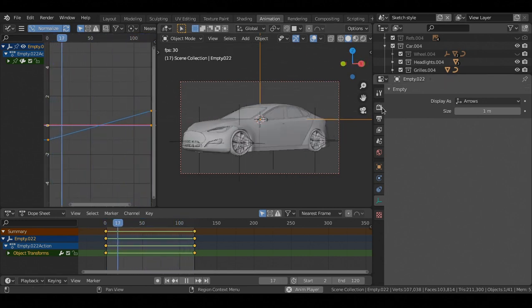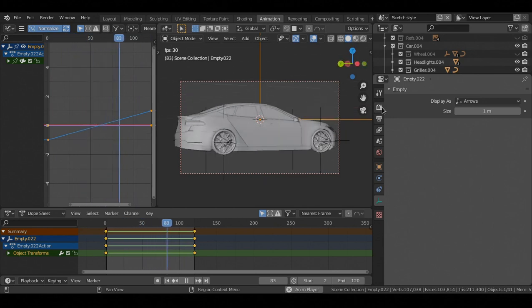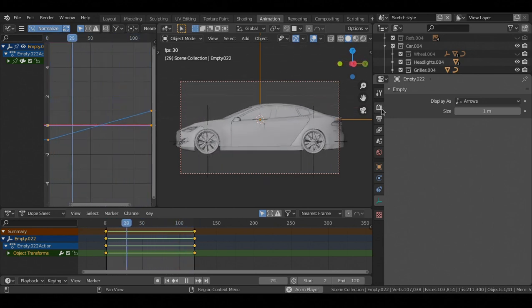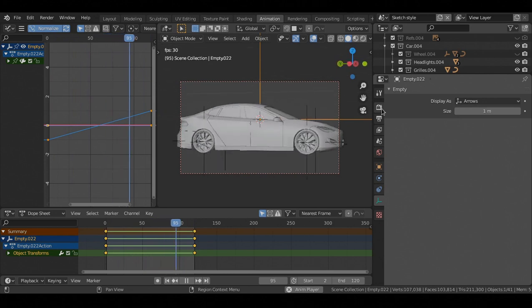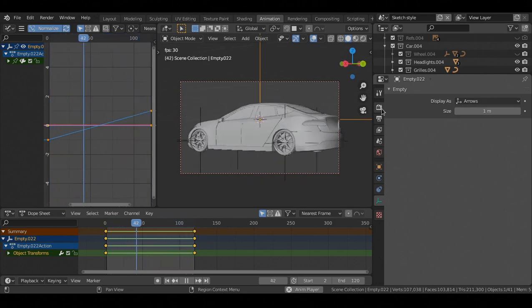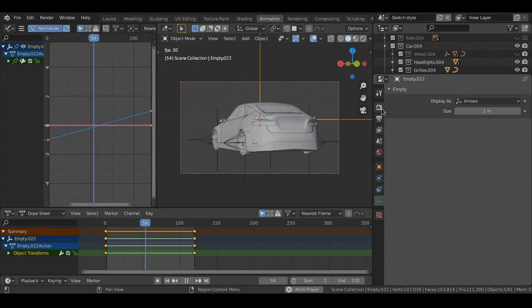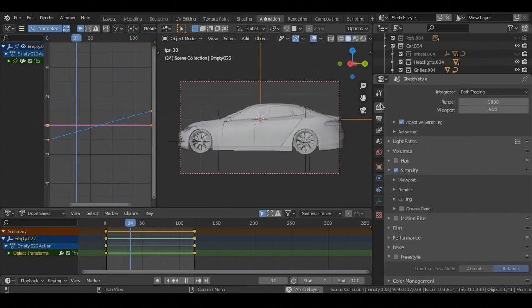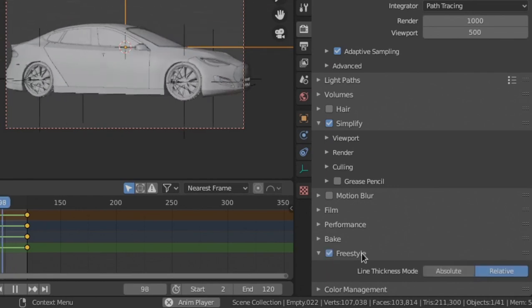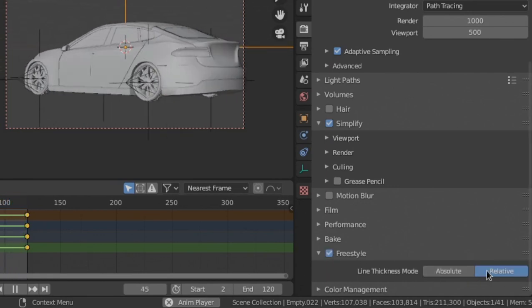I'll be using the freestyle feature that Blender has. It's one of the best ways to make accurate line art in Blender, and it is pretty slow because this is a post-processed effect, so it takes time to calculate, but it is very accurate, so I always use this one. So if we go down here into render properties and check the freestyle option, and I generally set this